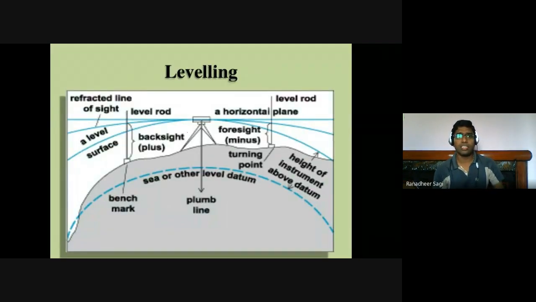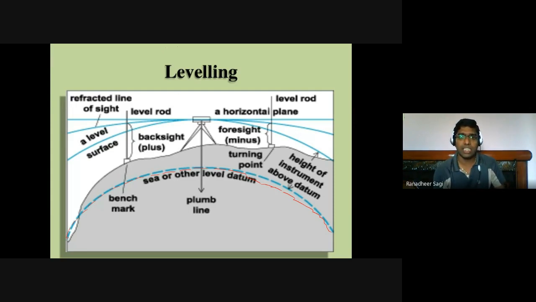Okay, so here in the schematic diagram, we have the different lines that we referred to in the earlier discussion. If you look here at this line that I am highlighting, that is nothing but the mean position of the Earth's spheroidal surface. Sometimes people refer to it, and in our discussion we are considering it, as the mean sea level or any other reference datum level from which the elevations of various points are determined. If I consider this to be the mean sea level, it could also be referred to as your level surface.